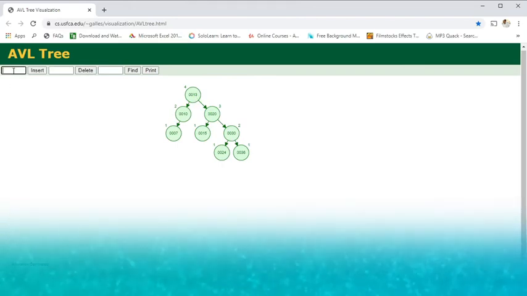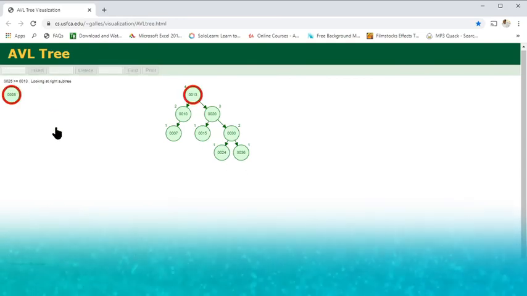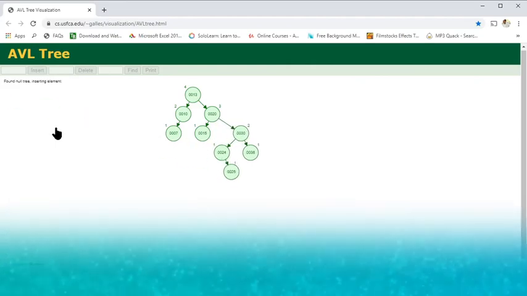So let me insert the last element, 25. Greater than 13, greater than 20, but lesser than 30, but greater than 24. So it comes to the right side of 24. It compares with 13, 20, 30. 30 is lesser, so come to the left side. 24, it's greater, so place at the right side of 24.